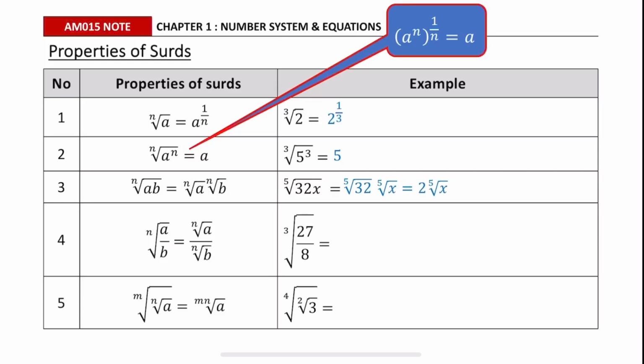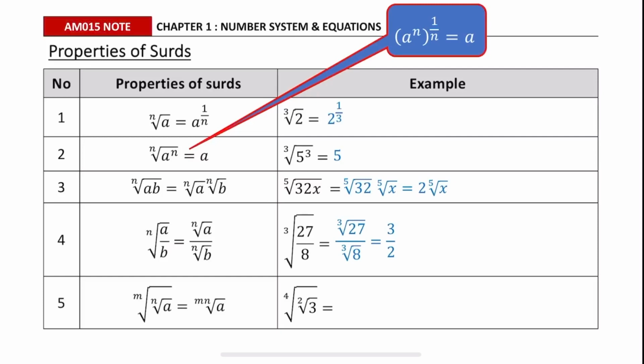The fourth property is the nth root of a over b, and this is equal to the nth root of a divided by the nth root of b. And this is just the same as the third property, where we can split the surds. The example is cube root of 27 over 8. And this is equal to cube root of 27 divided by cube root of 8,